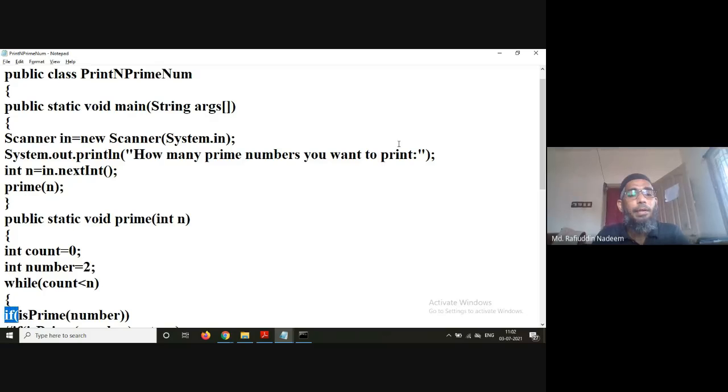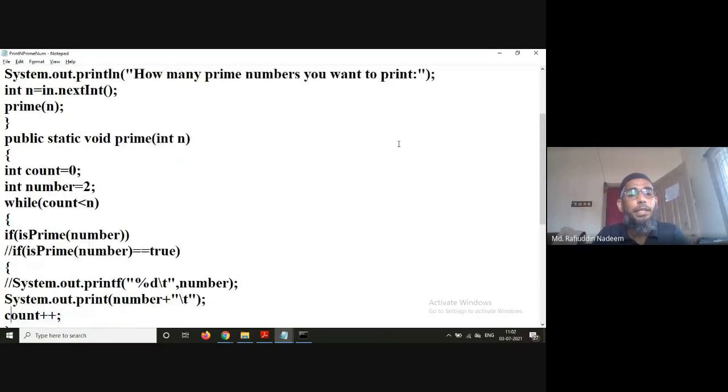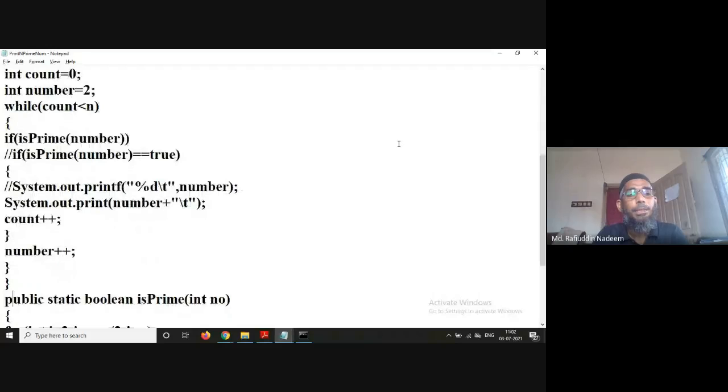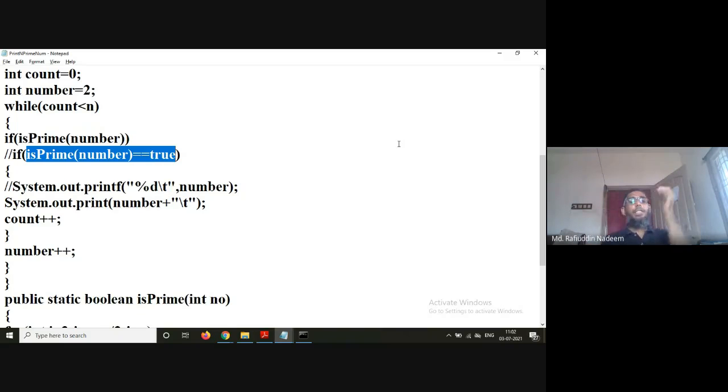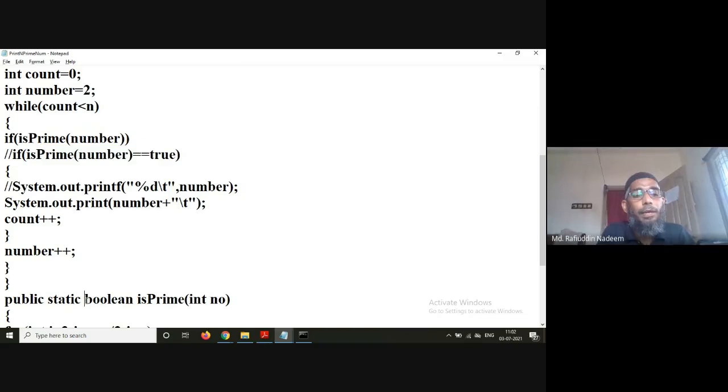Now, if isPrime of number, there is another method which is written here. isPrime of number is equivalent to isPrime of number equal to true, both are the same. You are just writing isPrime of number, because the isPrime method here, if you observe, is going to return a Boolean value.